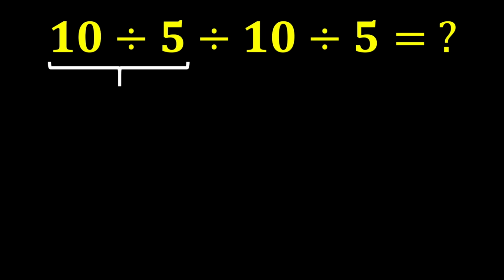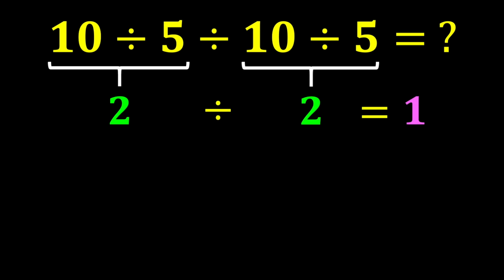10 divided by 5 gives us 2. And again 10 divided by 5 gives us 2. In the end, 2 divided by 2 gives us 1, which is our final answer. But this answer is not correct because we did not follow one of the most important rules in mathematics called